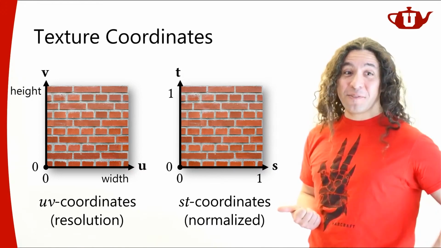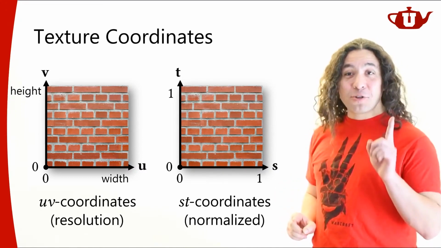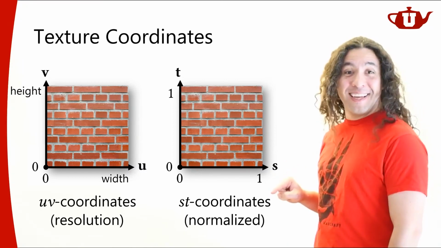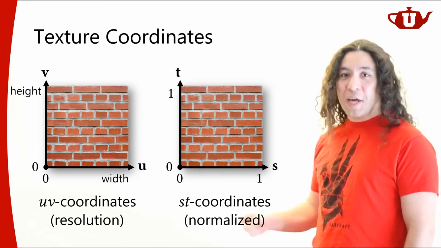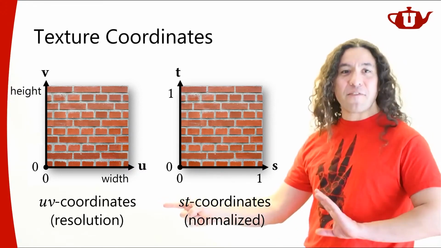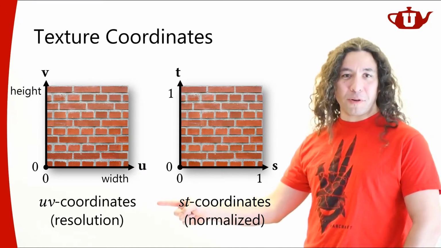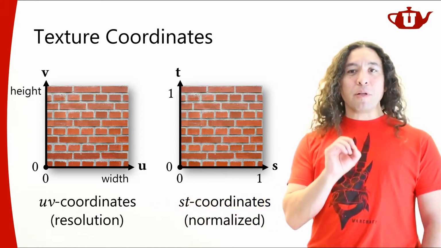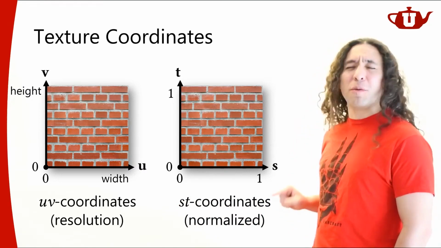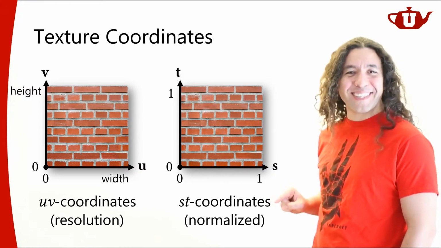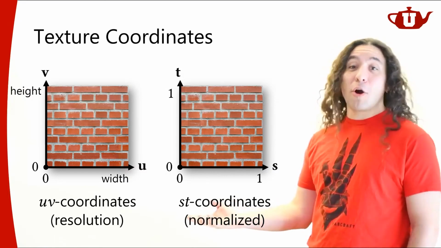All right, so here's the confusion. When people say UV coordinates, they actually mean ST coordinates. But if you go in and look at OpenGL specification, UV coordinates have a different meaning. It means these unnormalized resolution dependent coordinates. But that's not what people mean when they talk about UV coordinates. When they tell you UV coordinates, they actually mean ST coordinates. They don't mean UV coordinates, okay? But yeah, I had to tell you the correct thing based on the OpenGL specification.